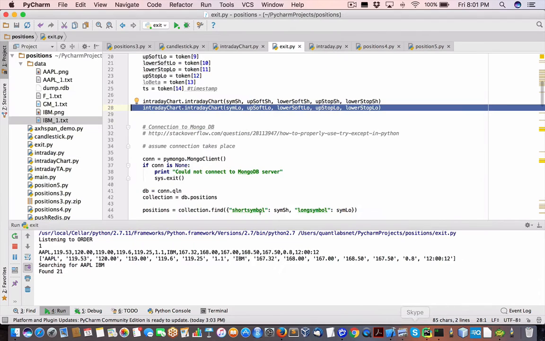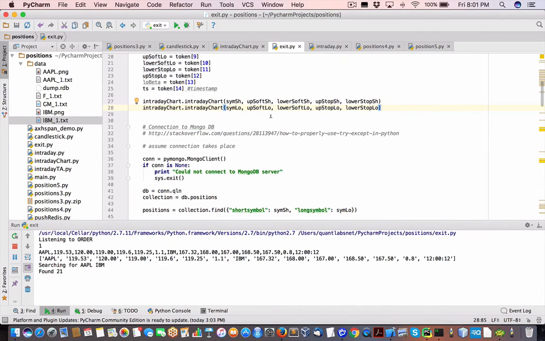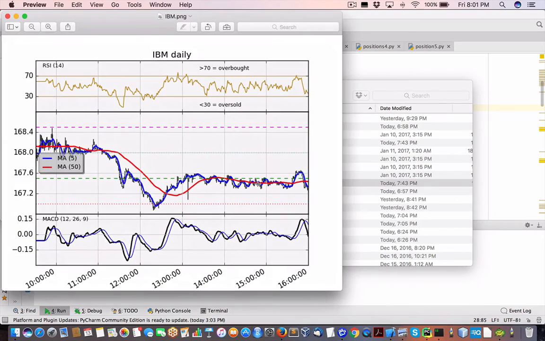All right, so back to the code. We've got these charts here of all the upper soft loss, soft target. The other thing about these charts, let me pull up the IBM one, is for risk management later on, because we have now the flexibility of tracking our stop loss and our target with a combination of all the other stats that we've talked about, the metrics. We could just say, okay, I want to put on a position, but based upon our portfolio and the risk and the performance of the portfolio, or performance of the current trading,